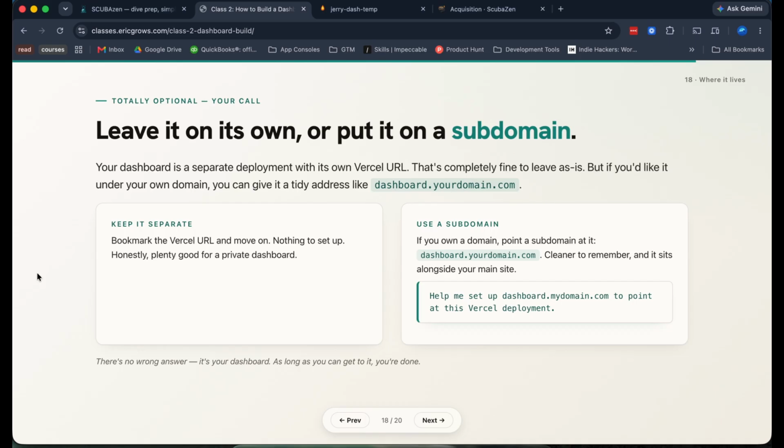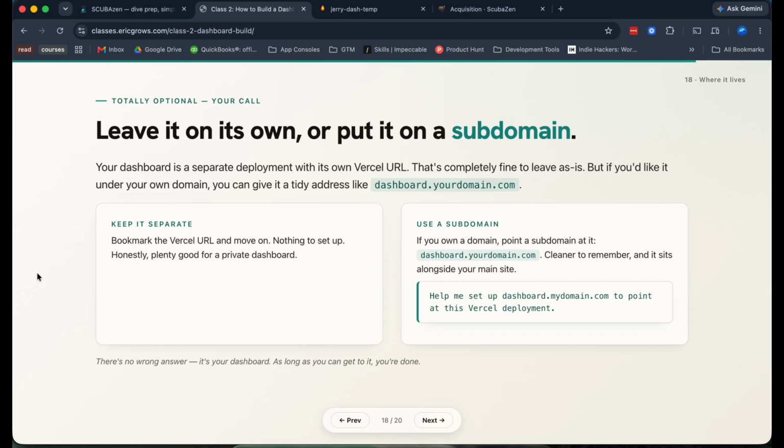As we did in class 1, you can put this on a subdomain if you want. It makes it easier to remember, so that if you're on a different computer or on your phone and you want to log in, it's easy. But it's completely optional. Vercel has its own link that it creates with every deployment, so you can continue to use that and bookmark it.